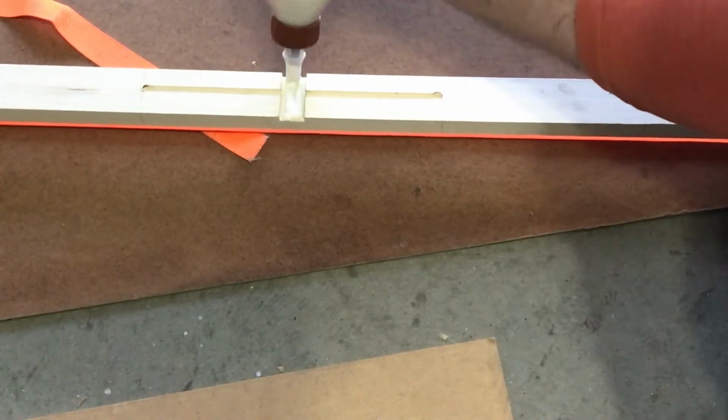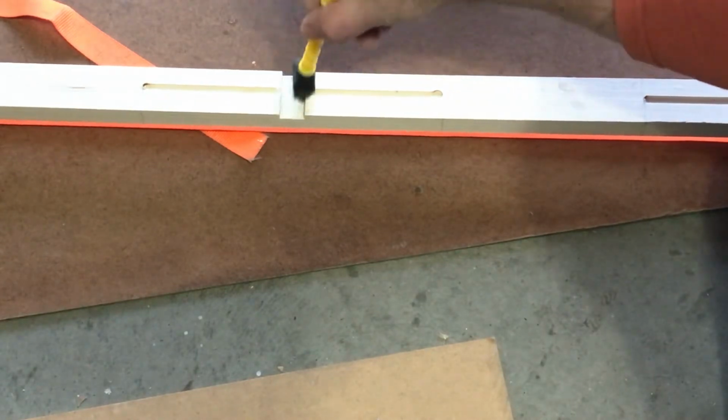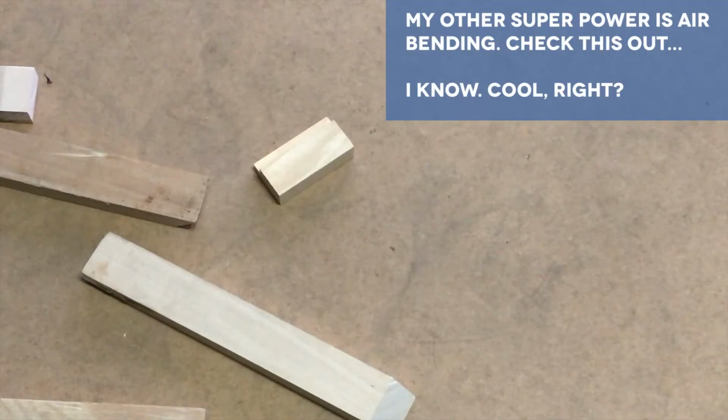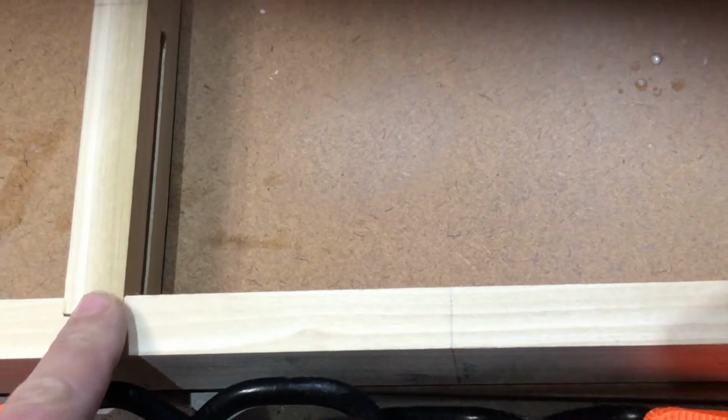Apply a fair amount of glue to each of the 1/4 inch dados. Then gently reinsert the cross bracing lattice. Gather up a few scraps of wood, as well. We're going to need them to apply pressure around the cross bracing using the ratchet straps. We set the scrap pieces right where the dado joints are, so that the tension from the strap doesn't cut